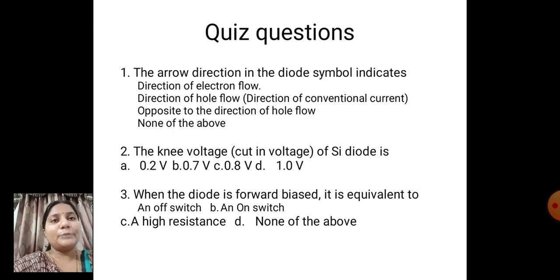From the examination point of view, we will understand the behavior of practical diode only, because in our daily life, no diode will act as an ideal diode. Not a single diode will offer infinite resistance or zero resistance. Due to temperature issues or due to the knee voltage, the behavior varies from ideal diode to practical diode.